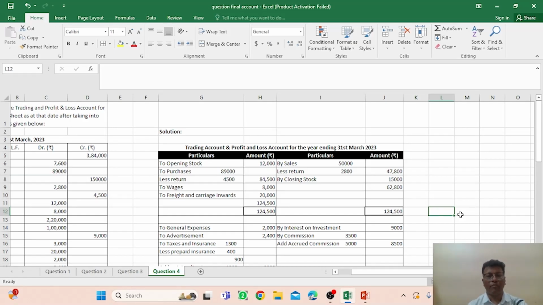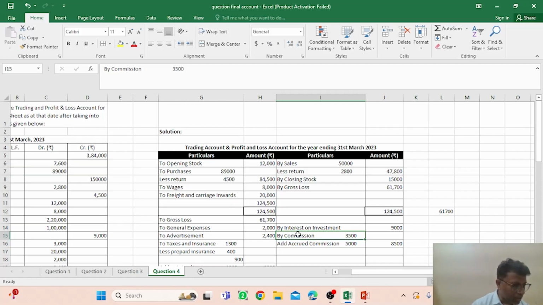So we took the total of the debit side first, then carried it into the credit side, and we have to find the difference, equal 1,245,000 minus 628,000. This is 61,700. This is gross loss, by gross loss to gross loss, 61,700. Okay, so this is the particular case, gross loss or profit, right? Okay, so we should check it again, that this is the case,